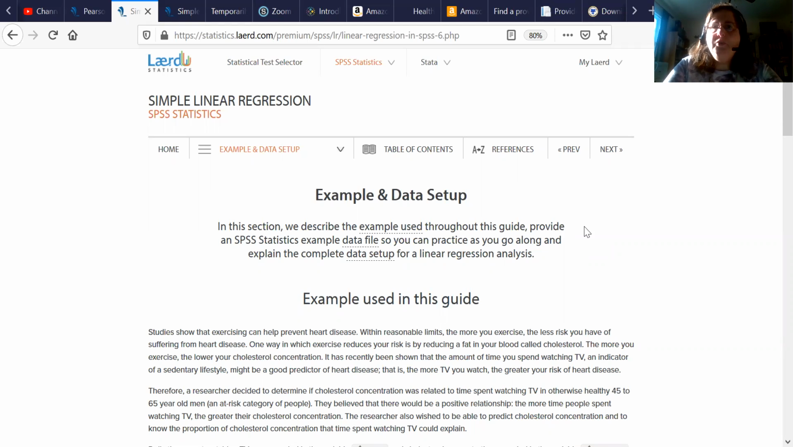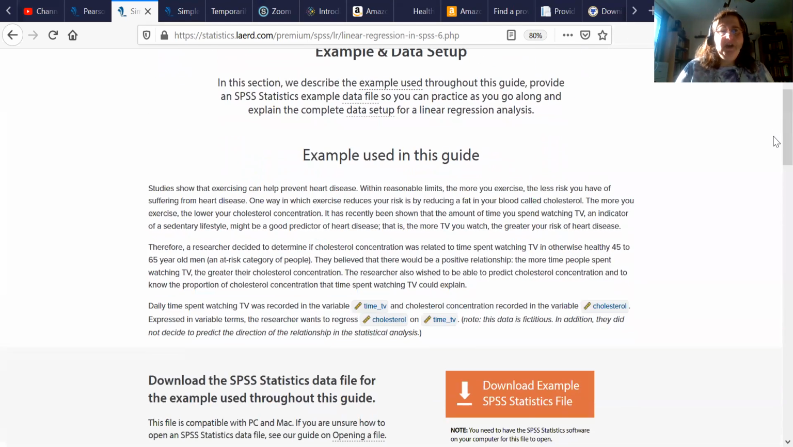So in part 1, we talked about some of the theoretical underpinnings of a simple linear regression. And in this part, we're going to talk about how you actually complete one and write one up according to Laerd. Okay. So we're actually going to stick with the same example that we did for correlation, which is the time